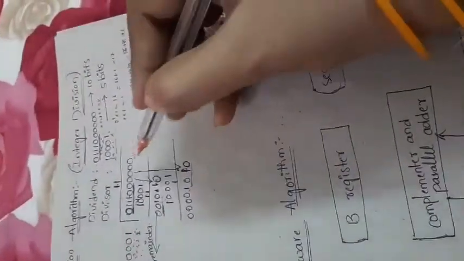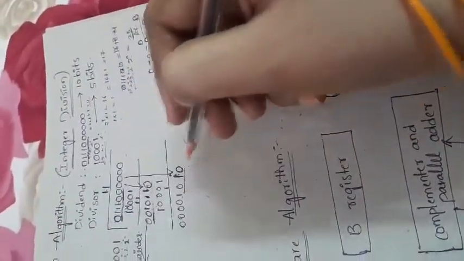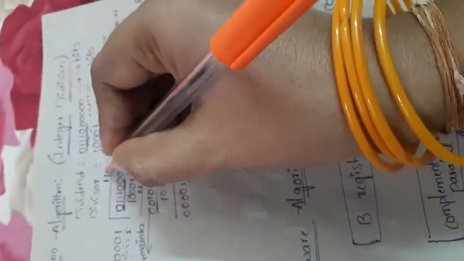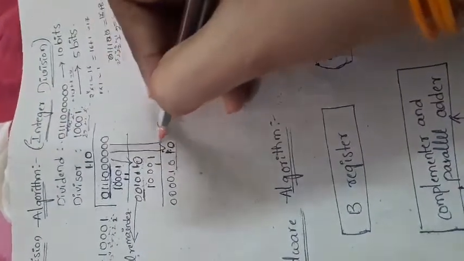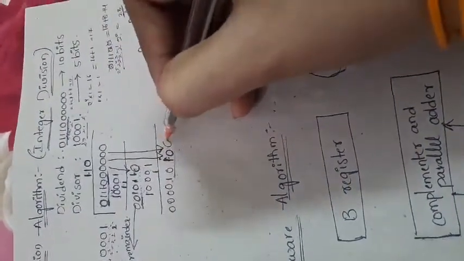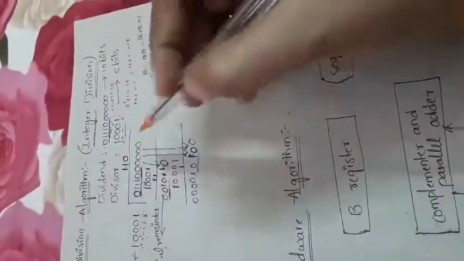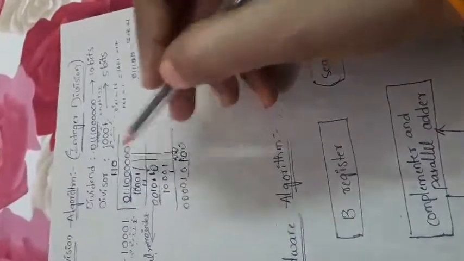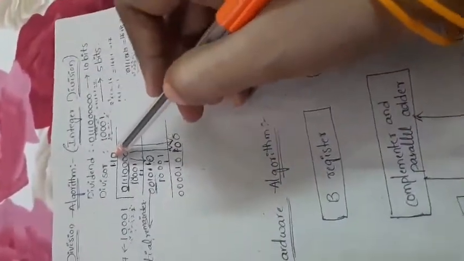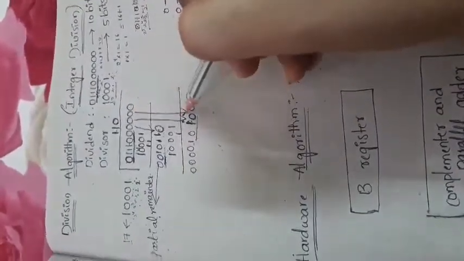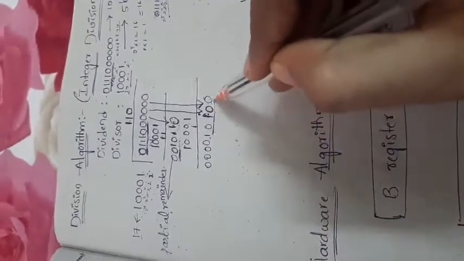So for that case again I have to take one more 0. For that case the coefficient value will be written as 0 and I can take one more 0 here. Okay, so at a time you can take 2 values from the dividend number. Then you can place the coefficient as 0. That procedure we already know, right? So here we can take one more 0. Now we have to check what is the